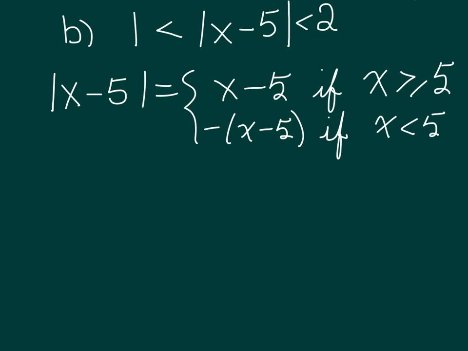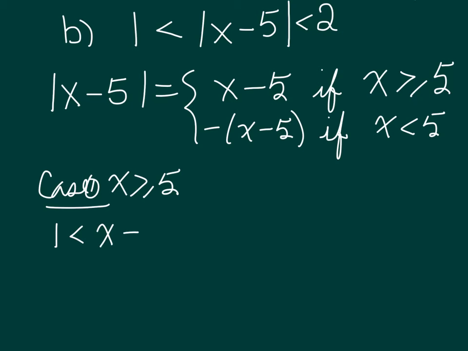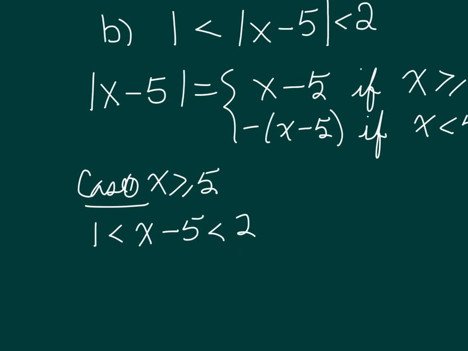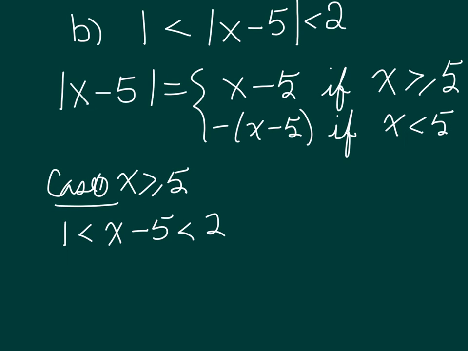So that means we have two cases. The first case, case 1, is where x is greater than or equal to 5. So in this case, the inequality in question is 1 less than x minus 5 less than 2. That's because x is bigger than or equal to 5, and so what that then means is that the absolute value of x minus 5 is positive x minus 5. So we sub that in. Our second case